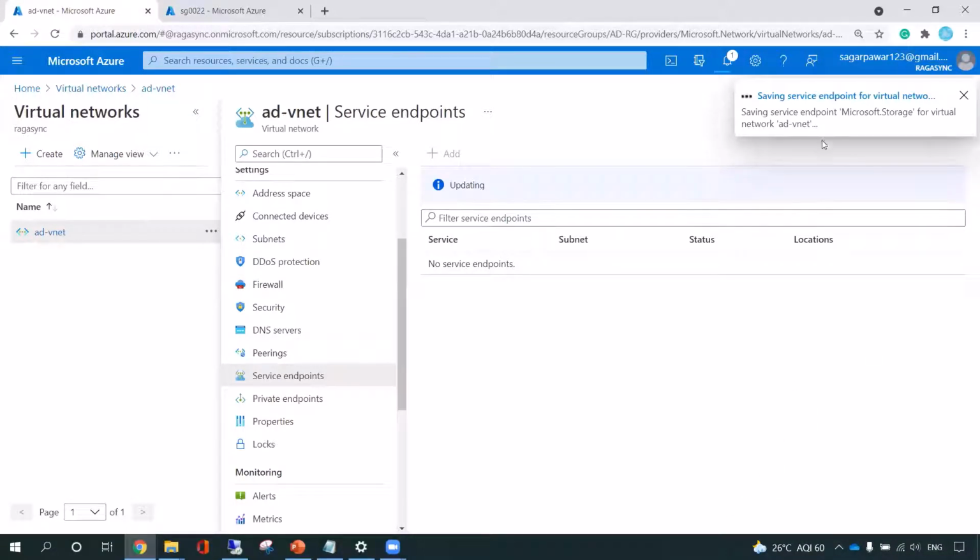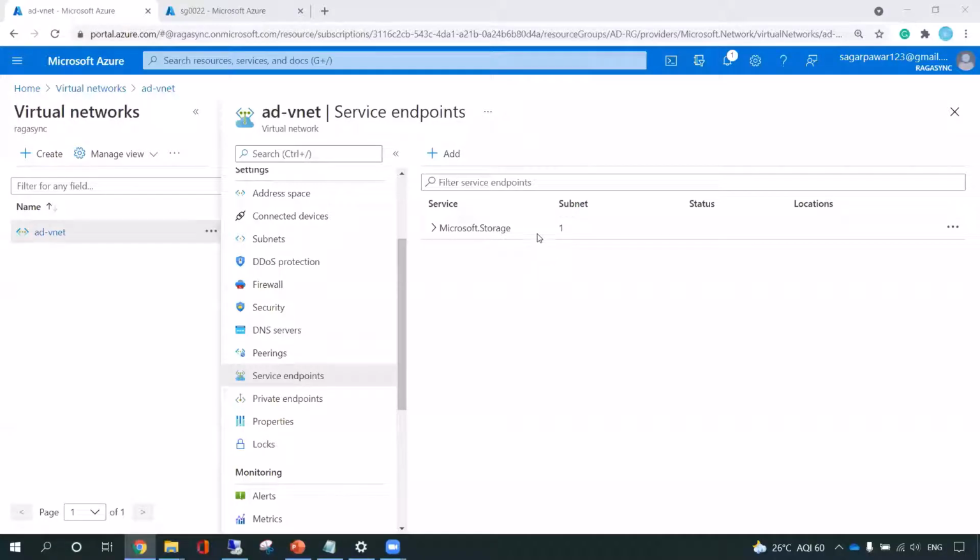Now I'm going to create the service endpoint, which I will use to connect to my storage account. We'll give some time to it. You can see the storage endpoint has been created for my VNet. I have assigned this storage service endpoint to this subnet.